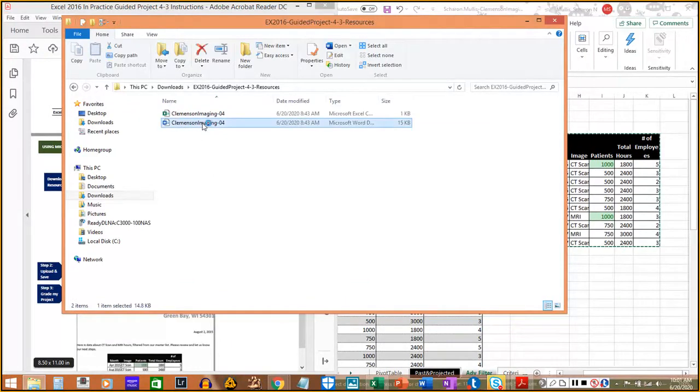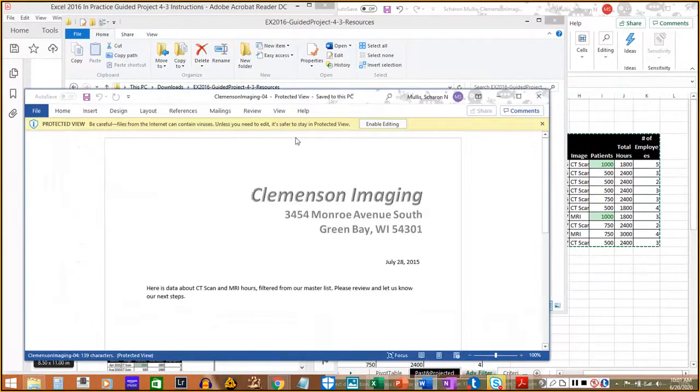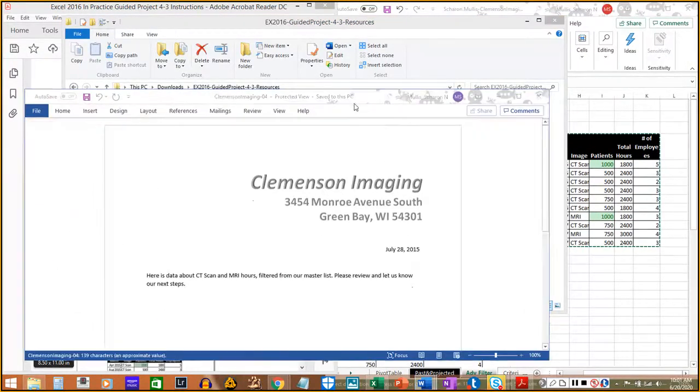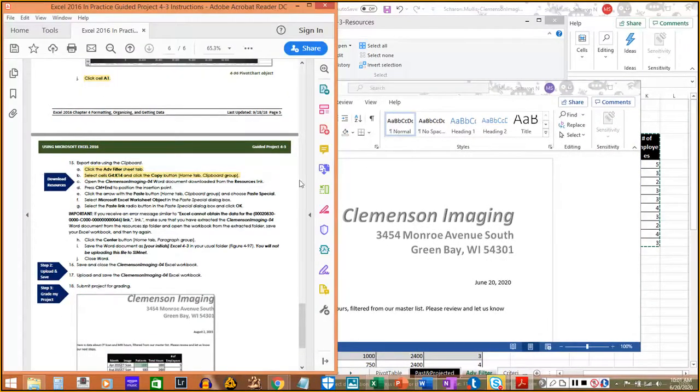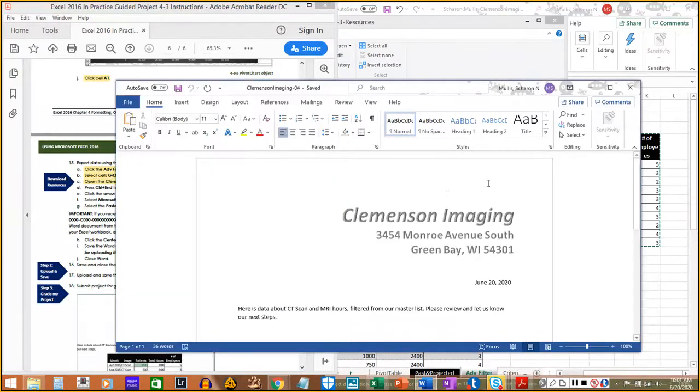And we're going to open this up, the Word document. We're going to enable editing. It says click Control N to position the insertion point. So I'm going to hit the Control key